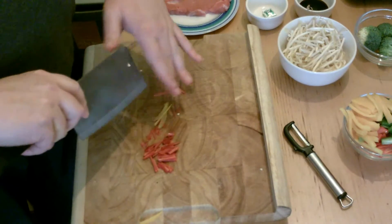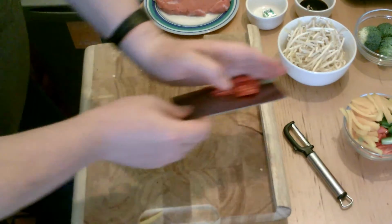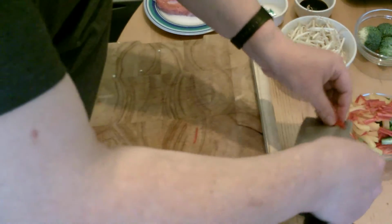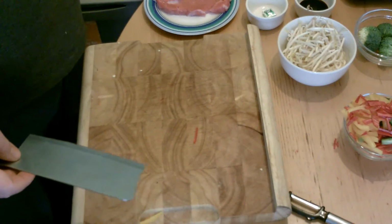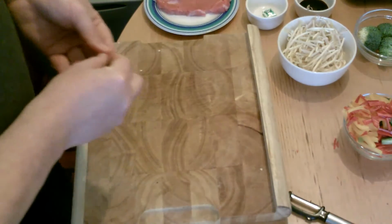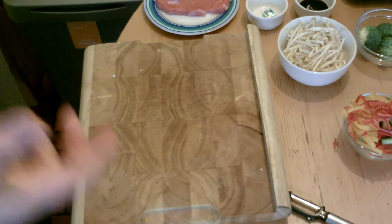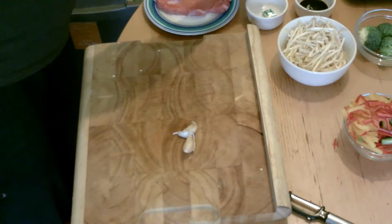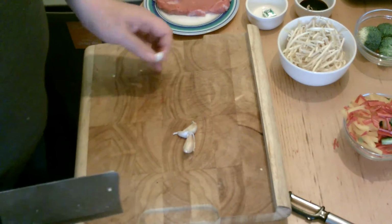So I've got all that chopped up. We'll go in with my other peppers. Clean down our board and turn it over, and then we can start on the... oh, maybe not, because I've just seen our cloves of garlic. We haven't done those. Right, get the garlic,